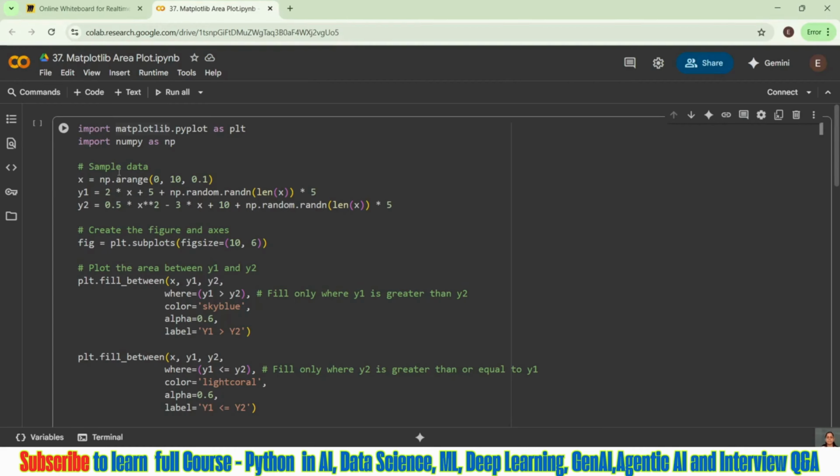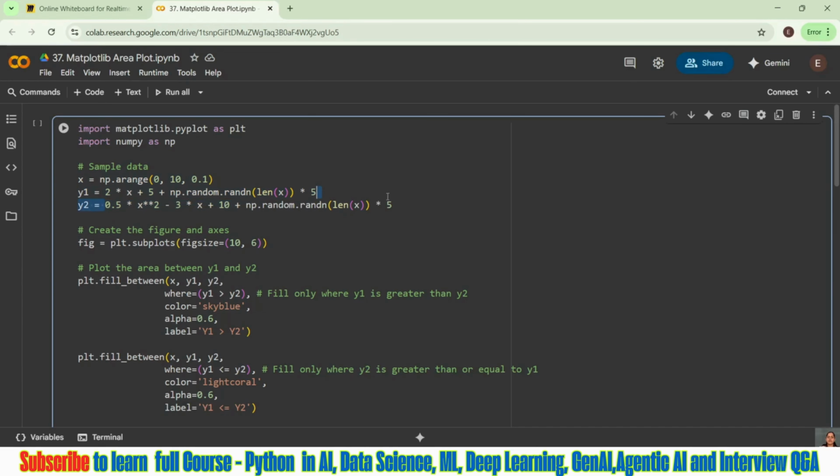We have taken some sample data. I have taken x-axis, and you can see I have used arange. Arange is going to create different data points between 0 and 10, and the difference should be only 0.1. It will take steps of 0.1 until 10. That is what our arange does. Then I have taken y1, then y2.